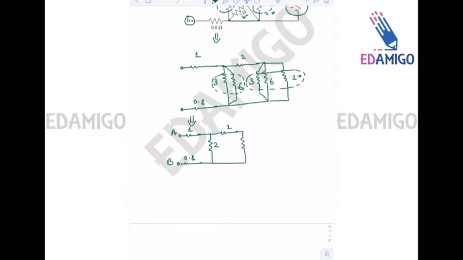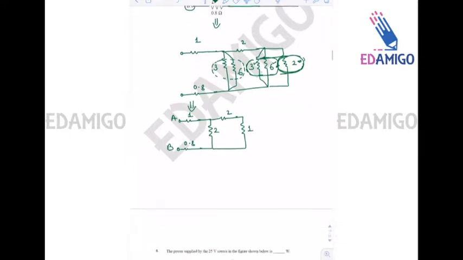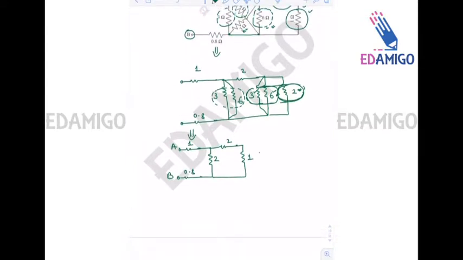This is 6 parallel 3 parallel 2. Right? So 6 parallel 3 is 2 ohms. And 2 ohms parallel 2 ohms is 1 ohm. So this is 1 ohm. Right? So 6 parallel 3 parallel 2 is equal to question mark. So we know that 6 parallel 3 is equal to 2. So the result is 2 parallel 2, that is 1. Okay. So this circuit is 1,